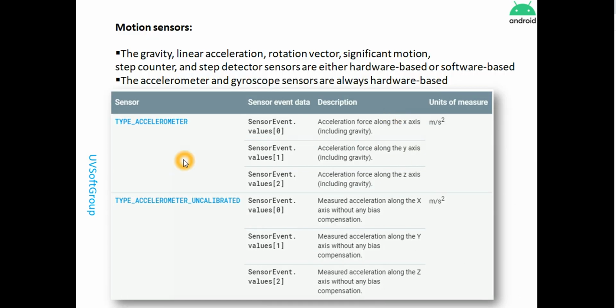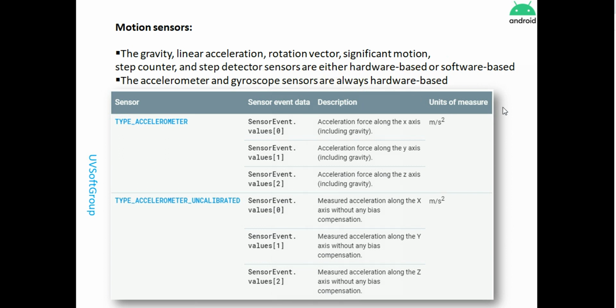The motion sensor detects the motion of every object in front of your device or in front of your camera, and the sensor detects the motion of each of the objects. It doesn't matter if the object is smaller or bigger; that depends on the business logic in your application. You see the motion sensors: gravity calculation, linear acceleration, rotation vectors, significant motion calculation, step counter, step detector sensor, and either hardware